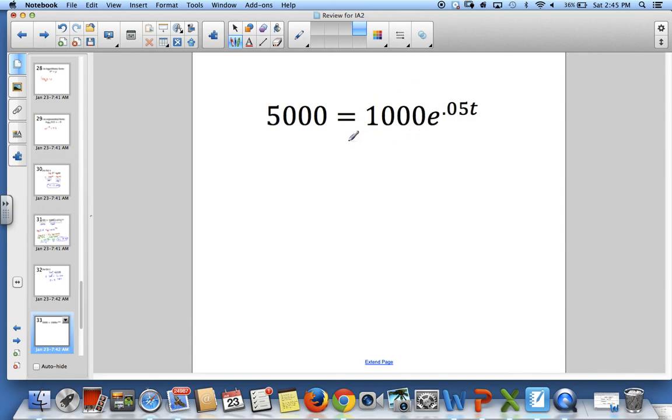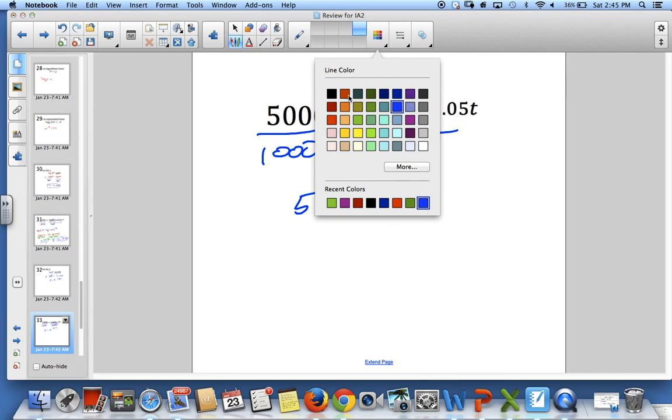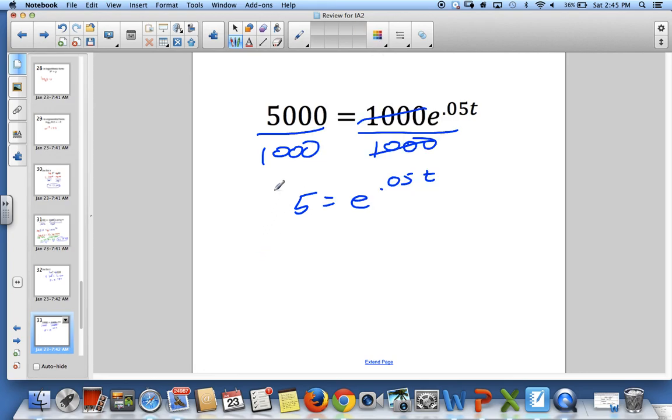First I have to get rid of this 1,000, so I divide by 1,000. These are going to cancel. So I have 5 equals e to the power of 0.05t, and I do the same thing I did before. Since it's e, I'm going to use ln of both sides, and that becomes ln of 5 equals